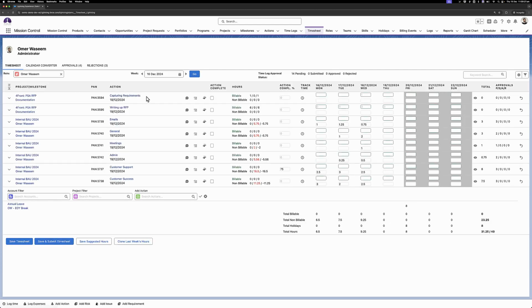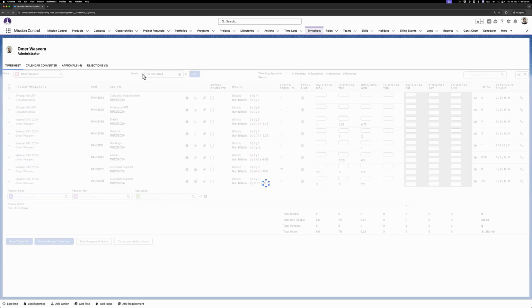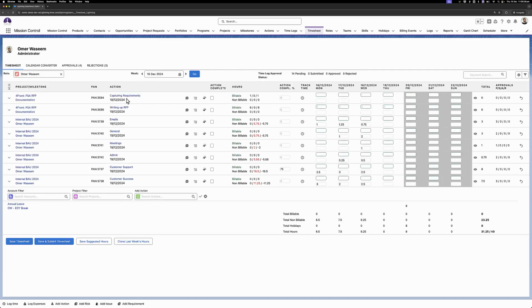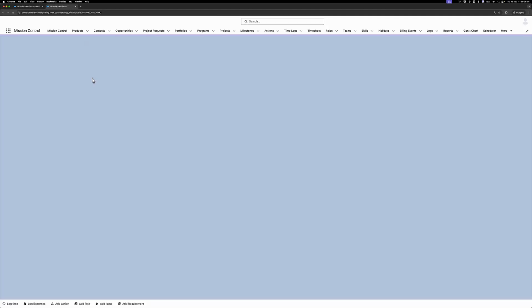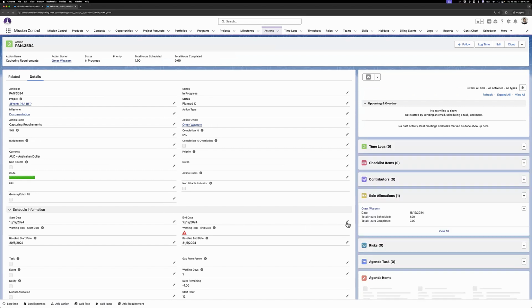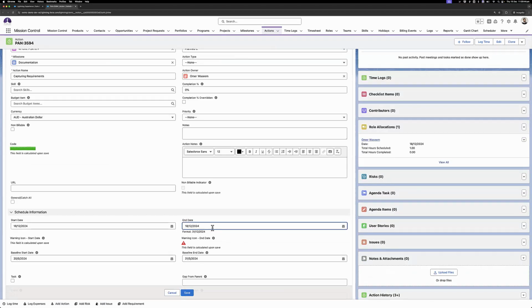This is capturing requirements. Let's see if it's in my previous week. No. Okay, so what we'll do is update the action date here. As long as the action is within the week and it's not complete, you will be able to see it in your view. So let's say it ends next week,